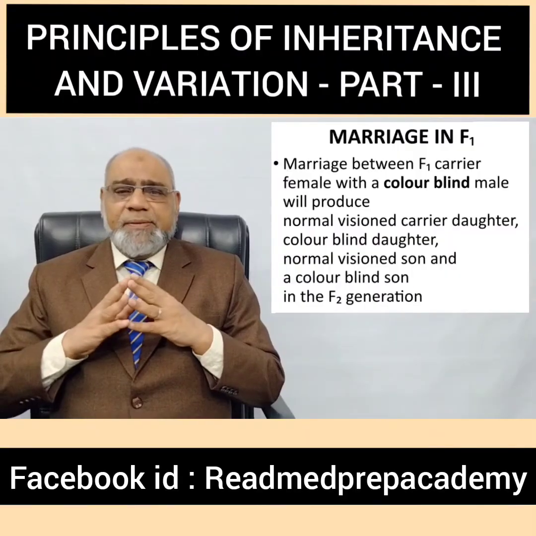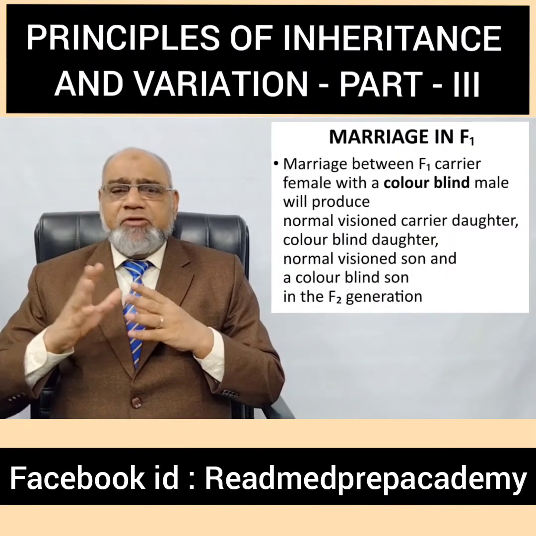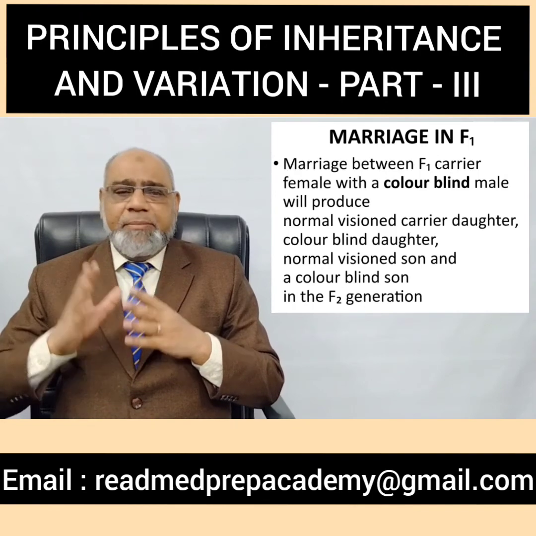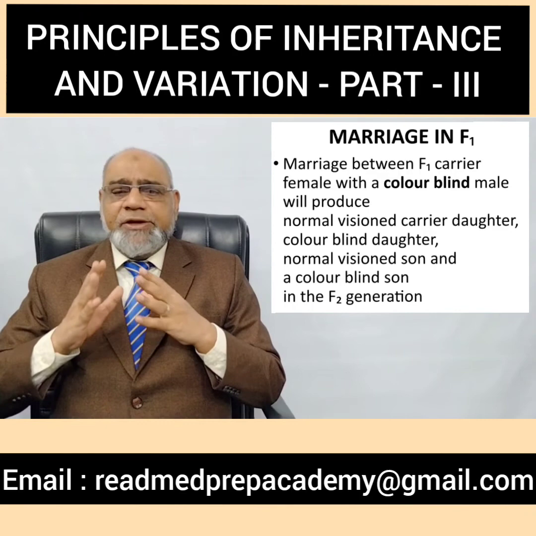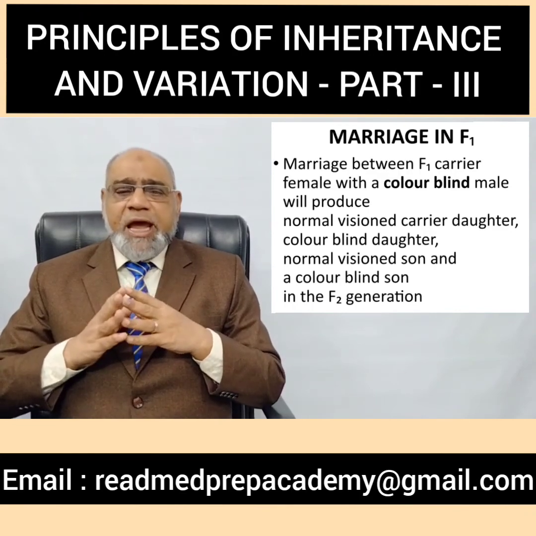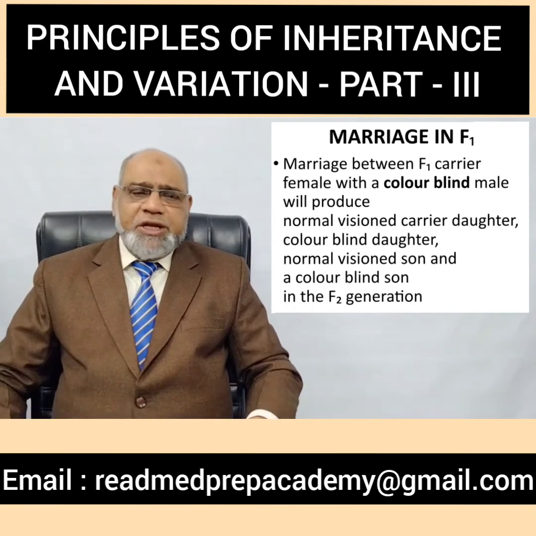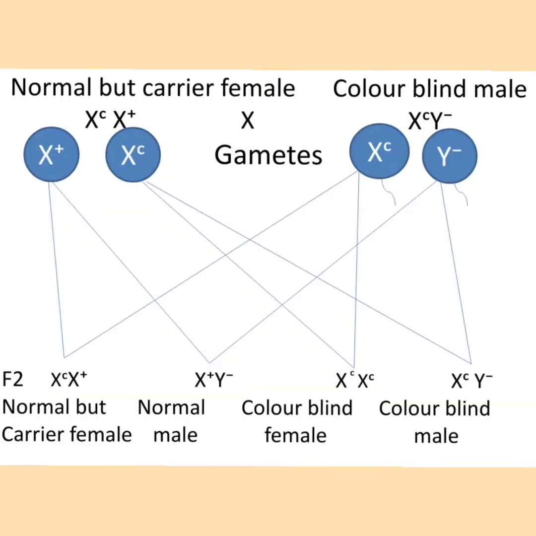Marriage in F1 generation. Marriage between an F1 carrier female and a colorblind male will produce a normal vision carrier daughter, a colorblind daughter, a normal vision son, and a colorblind son in the F2 generation. You can see in this picture the normal but carrier female, which has one allele for color blindness, will produce gametes with one egg having the colorblind allele and one normal egg, whereas the colorblind male will produce one X